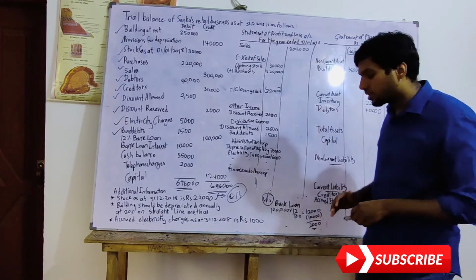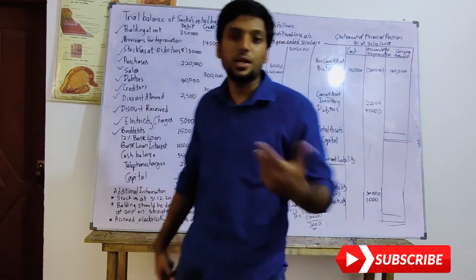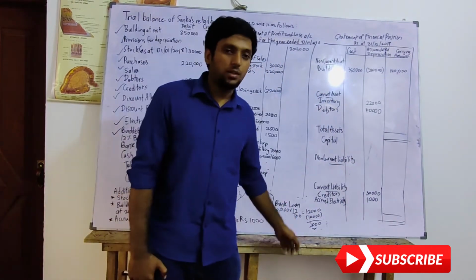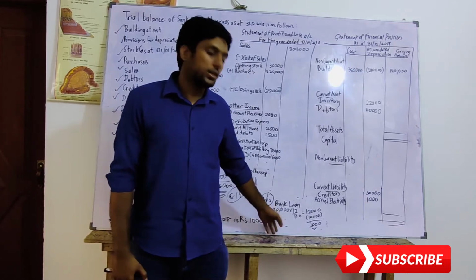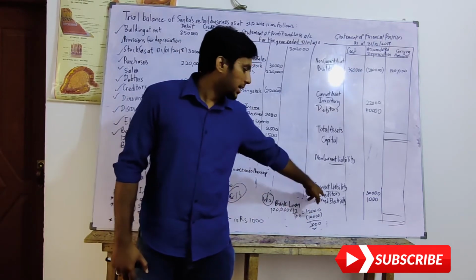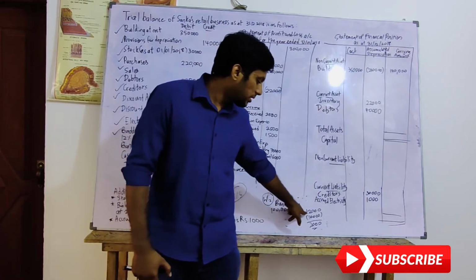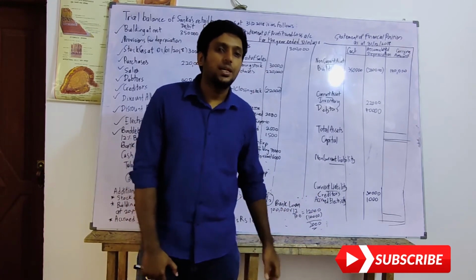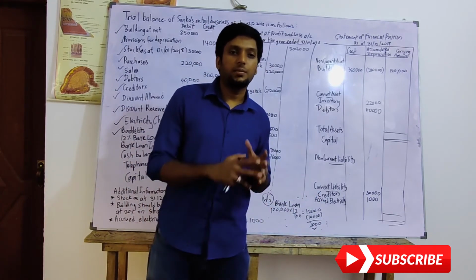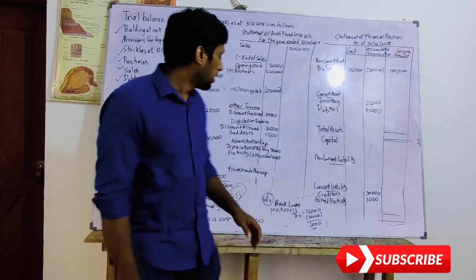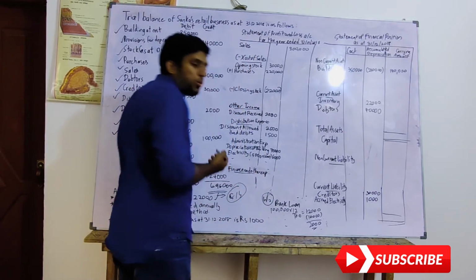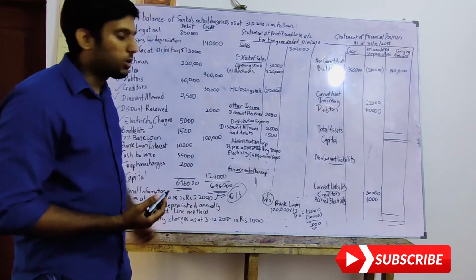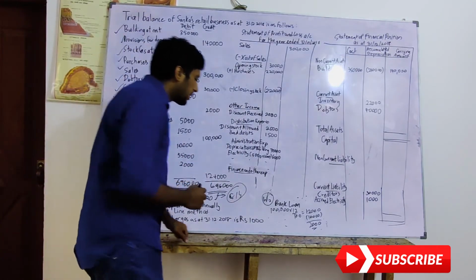Why should it be shown under current liabilities? Because it's the amount you should pay in future, but it's less than 1 year. You don't pay bank loan interest after a year. It should be paid within that particular year. So you will take this 2,000 as a current liability, and this 12,000 should be considered as part of the income statement because you need to take the bank loan interest for the whole year. This should be shown under finance and other expenses. If you don't want to say finance and other expenses, you can also say finance expense. It's still correct in exams.